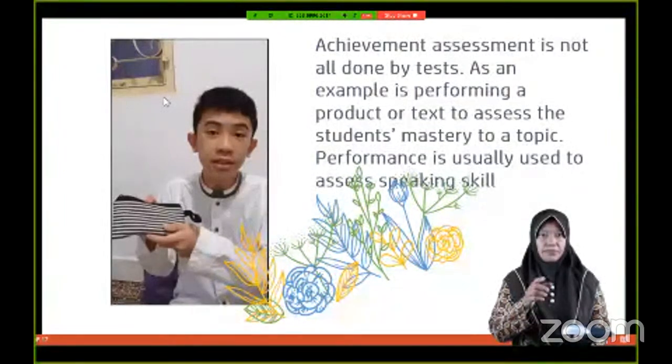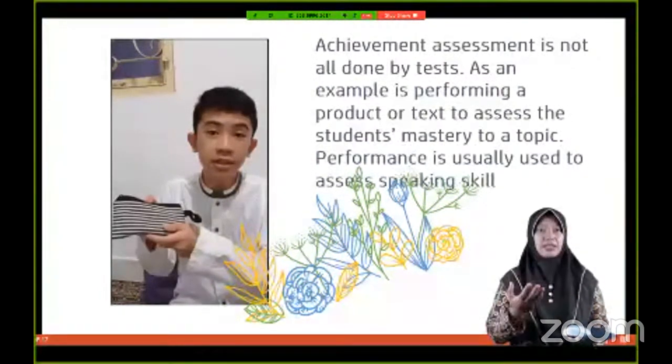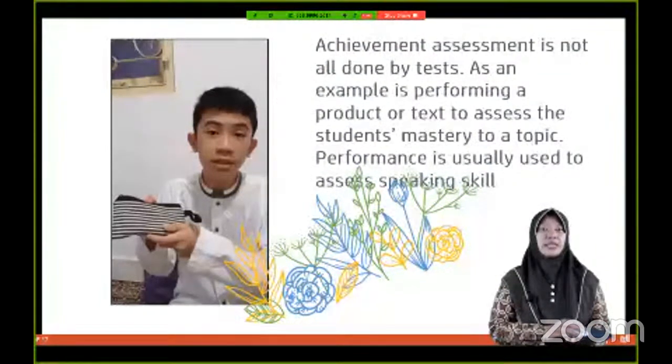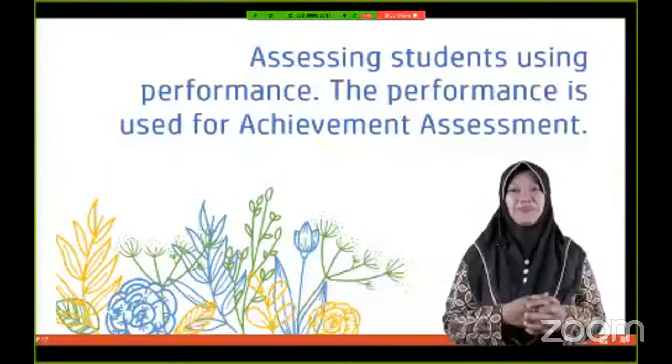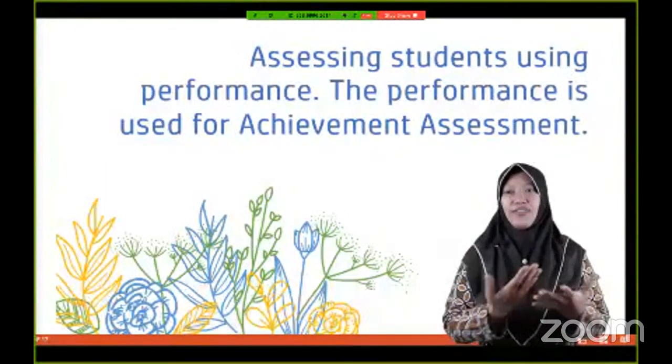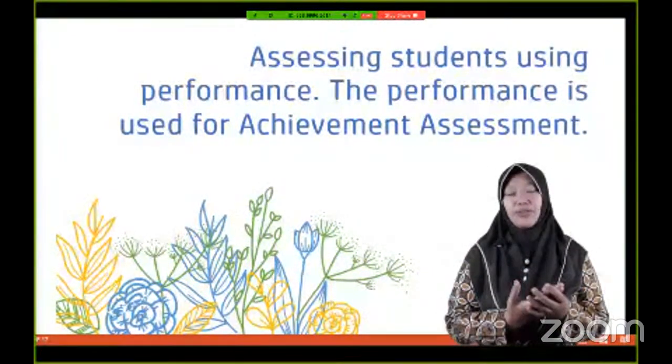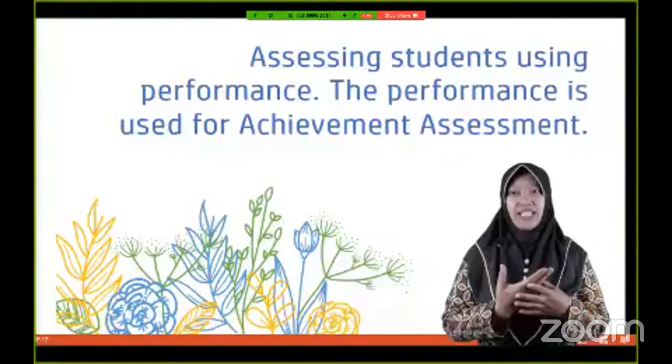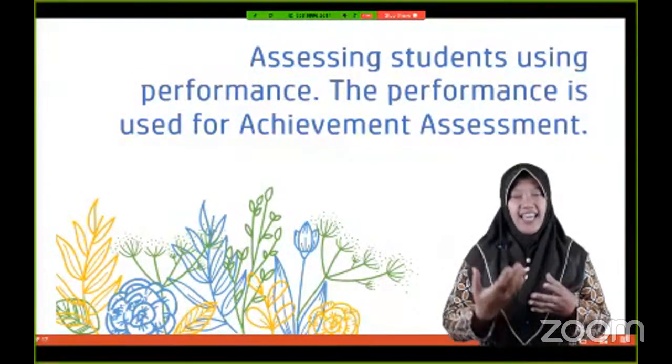This is the picture of my student. I assess him to do a performance to describe the pencil case, and this is an achievement assessment for their ability to describe something. All right, after I told you about the theory of achievement assessment, and like I said